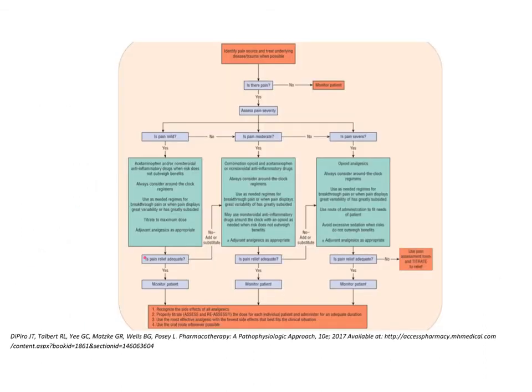This is another algorithm you might see that could help you choose a pain therapy regimen for a patient. If you move through this flow chart, you will see it will ask you to identify the type of pain and then assess the severity. If the pain is mild, then it's suggesting acetaminophen or a non-steroidal anti-inflammatory agent. For moderate pain, it's suggesting an opioid and acetaminophen plus an NSAID. And then for severe pain, it's suggesting an opioid analgesic and some other recommendations.